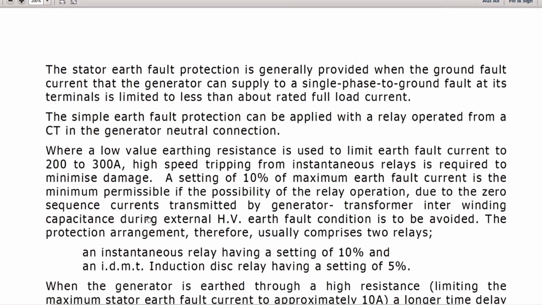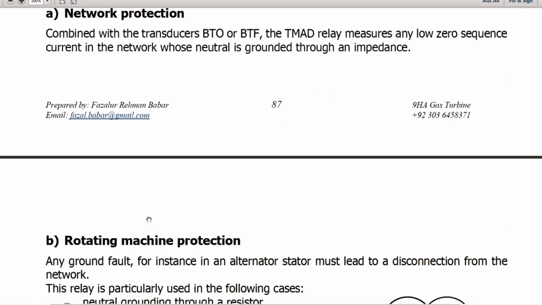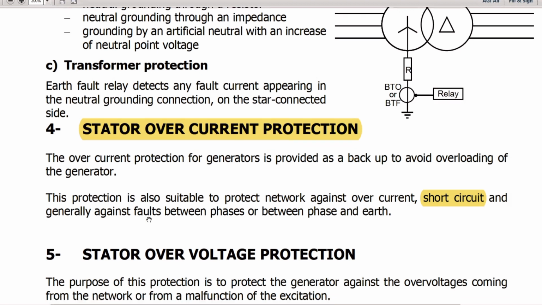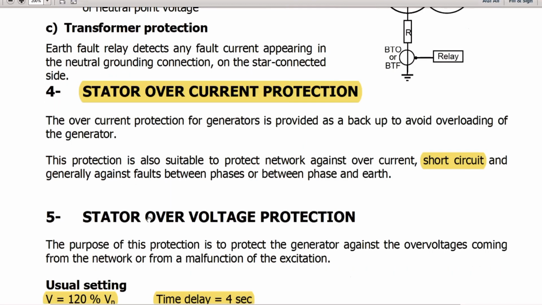On the next slides, you will see the stator overcurrent. This is very simple. Whenever due to any reason our generator current goes beyond its normal current, then the stator overcurrent protection will operate. For example, if there is any short circuit outside the power plant or in the grid system,